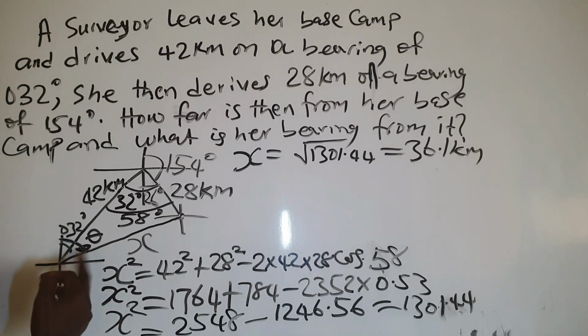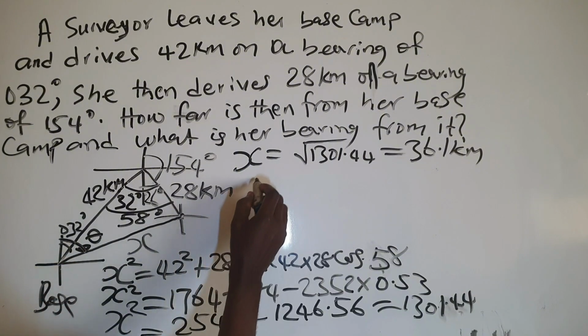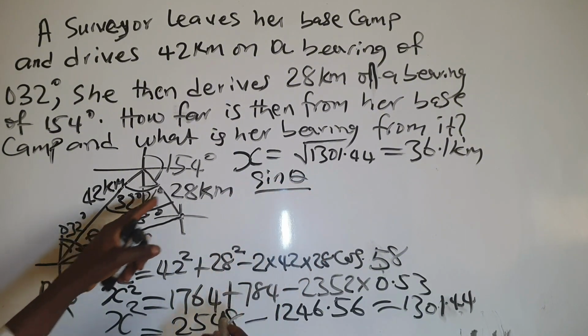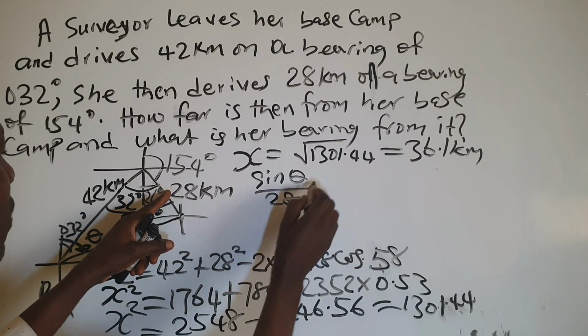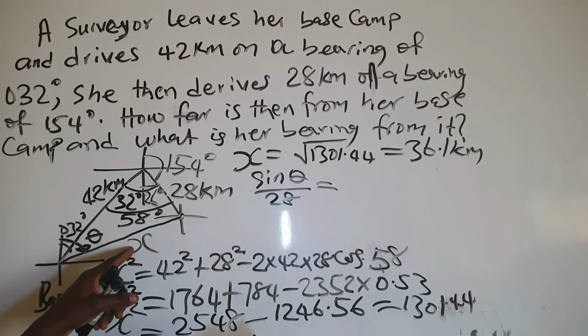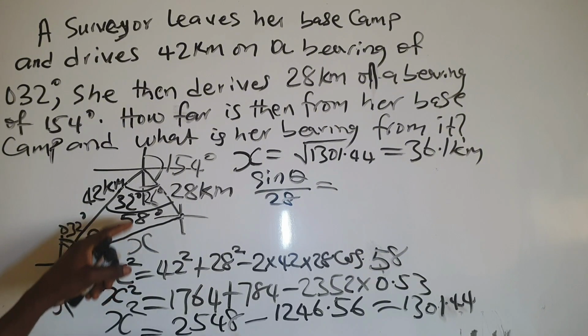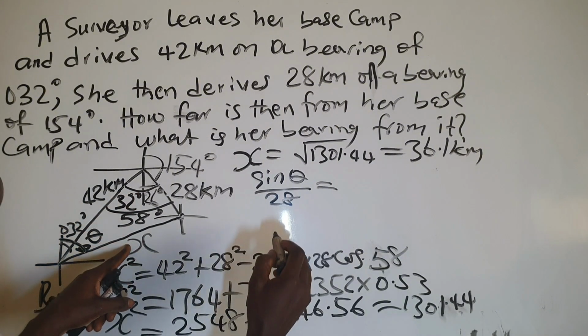Now, how do we do it? We can now use a sine rule to do that. Using this sine rule, we now have sine theta we are looking for all over the side facing it, which is 28, equals, we can make use of this one, or we make use of this place. So let us make use of this one and have known the angle and the side,